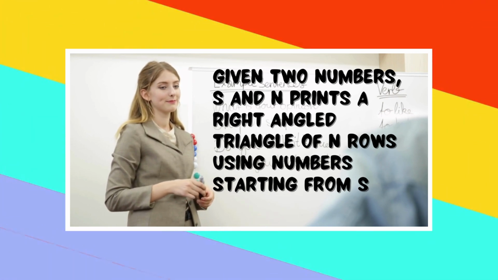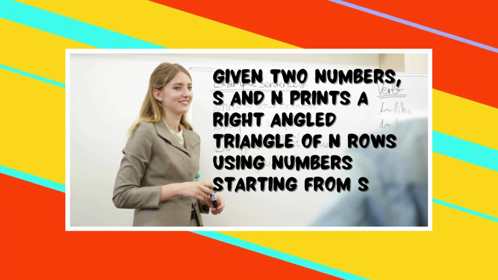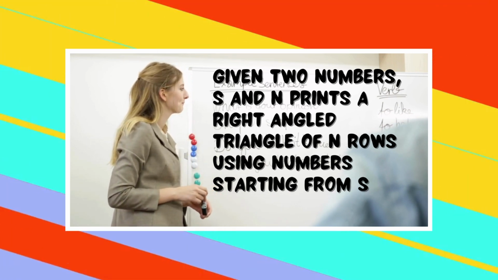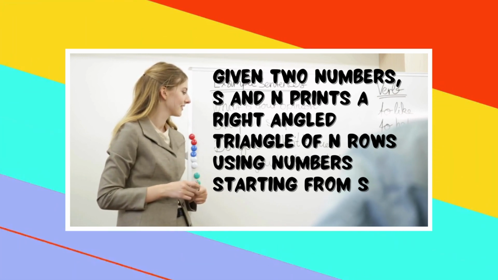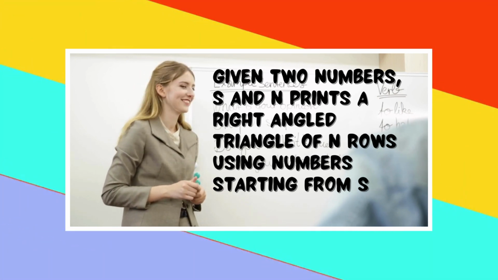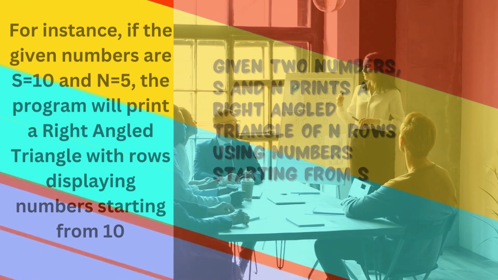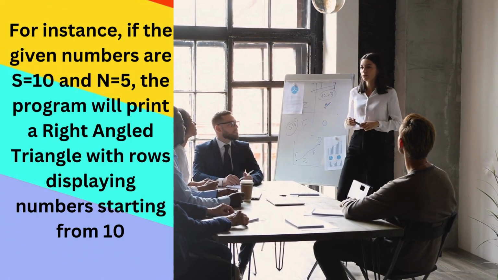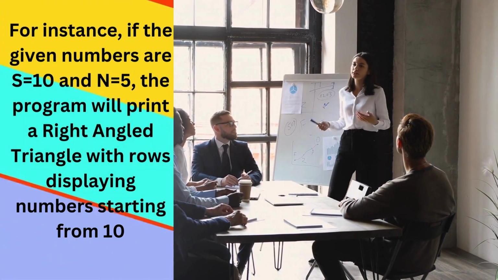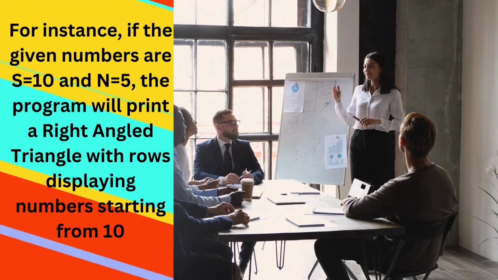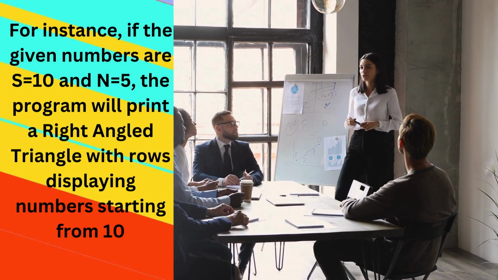Input. The first line of input contains an integer representing the starting number, s. The second line of input contains an integer representing the number of rows, n. Output. The output will be n rows containing numbers starting from s, forming a right-angled triangle, as demonstrated in the